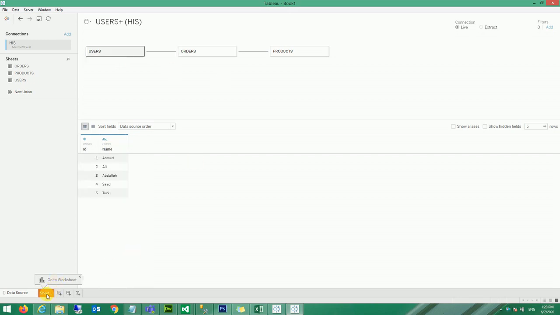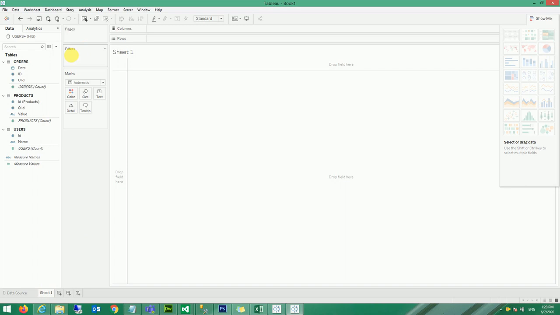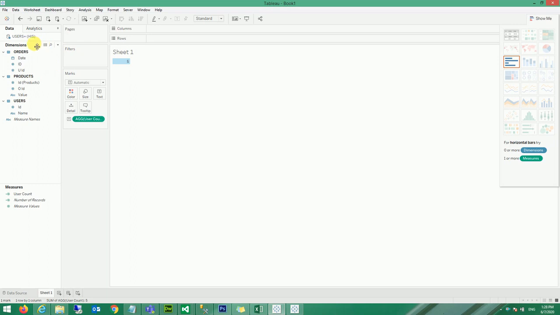Now let's see the behavior in the sheet. If you see now, order and order count is separate, products and product count is separate, user count is separate. Now all the tables are arranged, they have their own dimensions and facts, not like previously where all the dimensions were in one place and the measures in a second place.